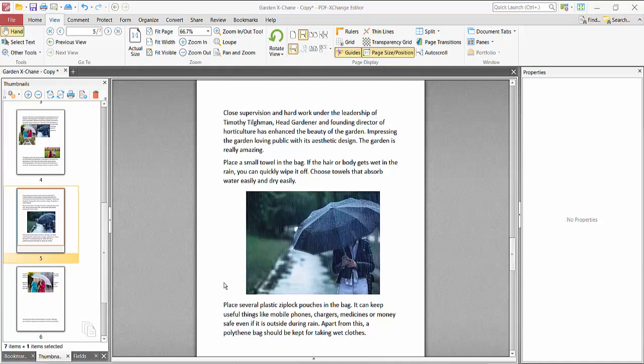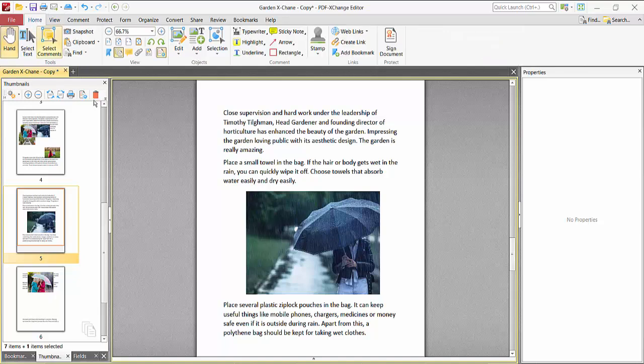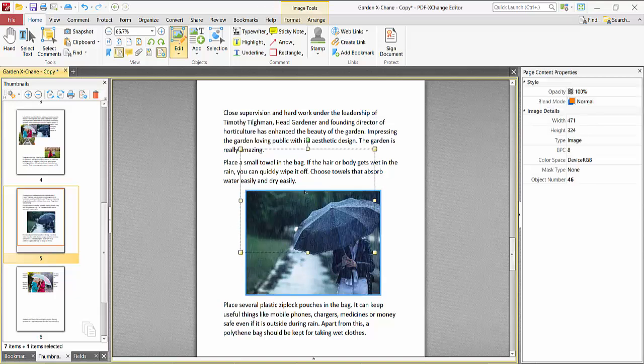Hello everyone, today I'll show you how to put an image behind text using PDF-XChange Editor. I'll put this image behind this text. Select this home option. Now select an edit option and select image option and click on this image and bring